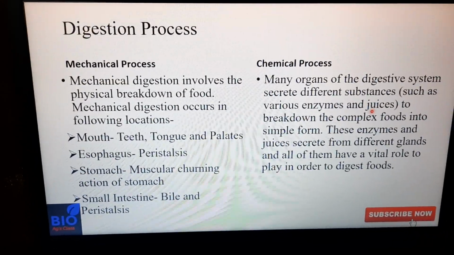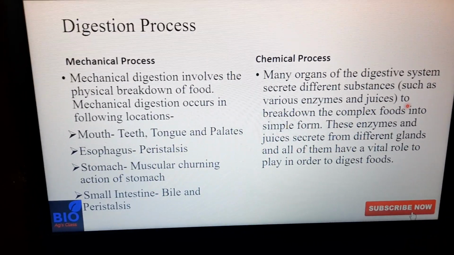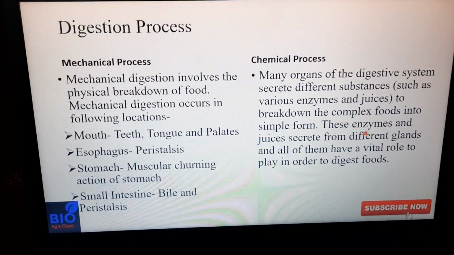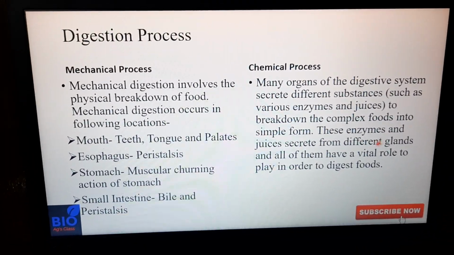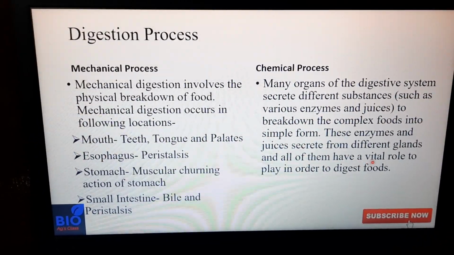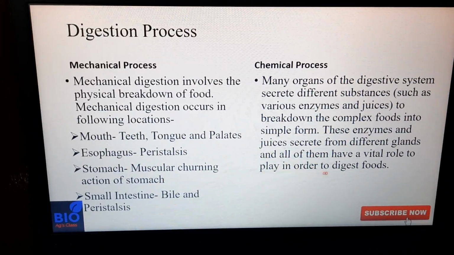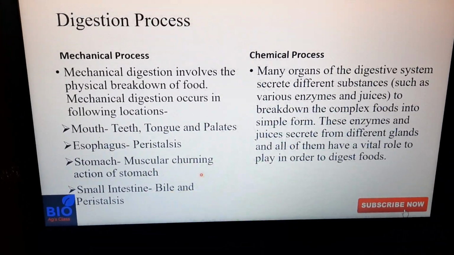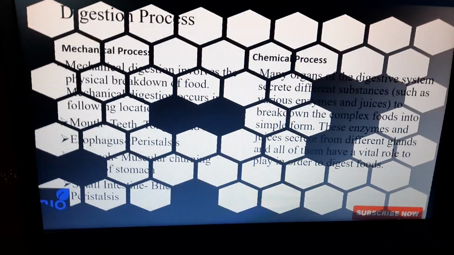I will give examples of it later, to break down the complex foods into simple forms. These enzymes and juices are secreted from different glands, and all of them have a vital role to play in order to digest foods. As you know, if we jump to the previous slide once again,